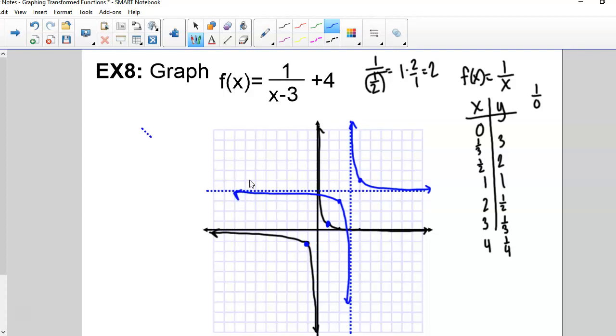There's a chance on those I might give you a reflection over the x-axis. If you had that, then instead of being in the first and third quadrant, you'd be in the second